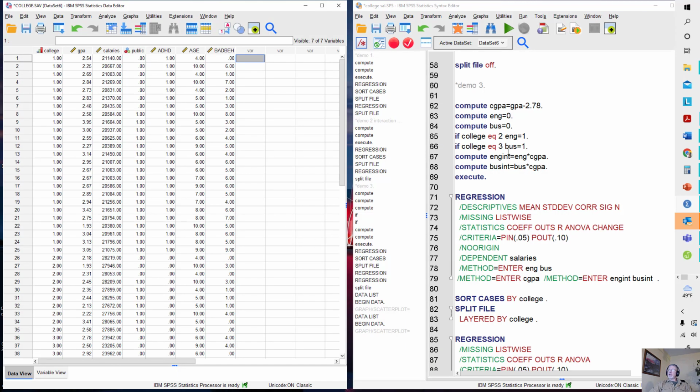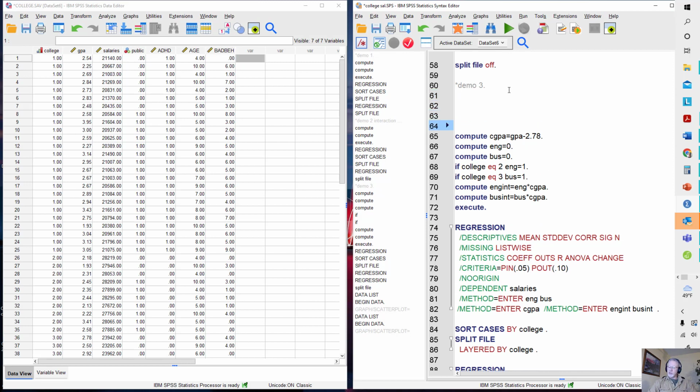Okay, here's my data and my syntax file. And I have 3 levels of college: liberal arts, engineering, business. Those are coded 1, 2, and 3, with liberal arts being coded 1. So if I go ahead and over here